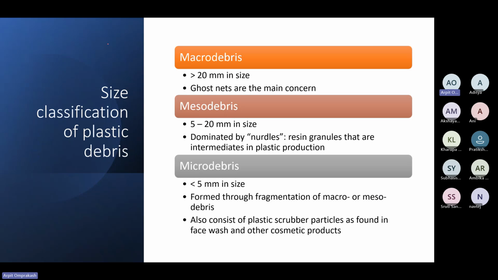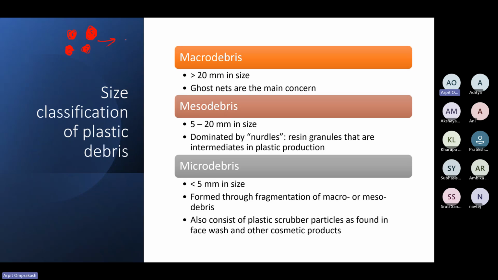The factory or manufacturer which is producing this plastic will produce it in the shape of nodules, or small granules of plastic. Then these granules are transported to a number of other companies or factories